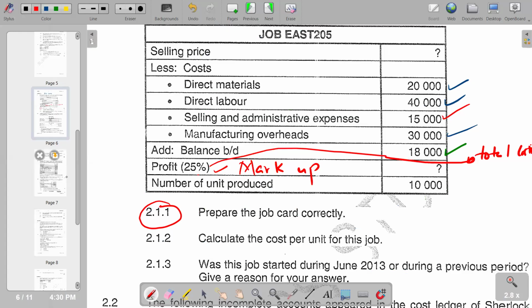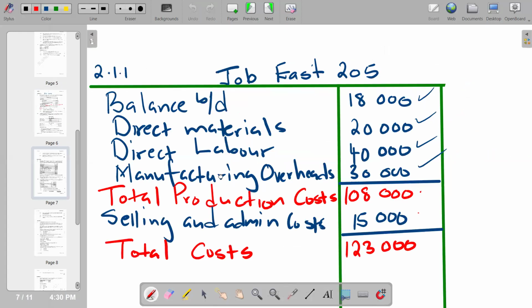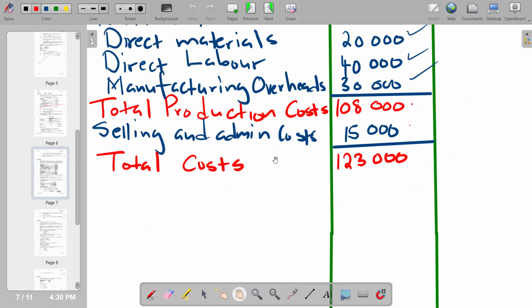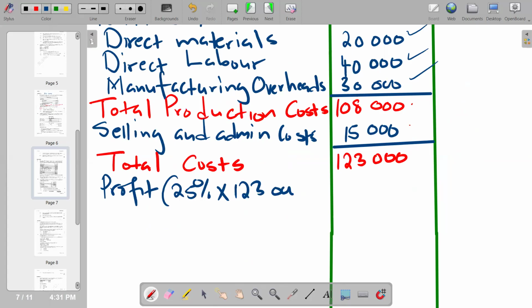Remember, we've already calculated total cost. So we just calculate it as 25%. So on this part, we are saying profit. So in brackets, we are saying 25%. And then we multiply by 123,000. So if you calculate like that, the amount that you're going to get is